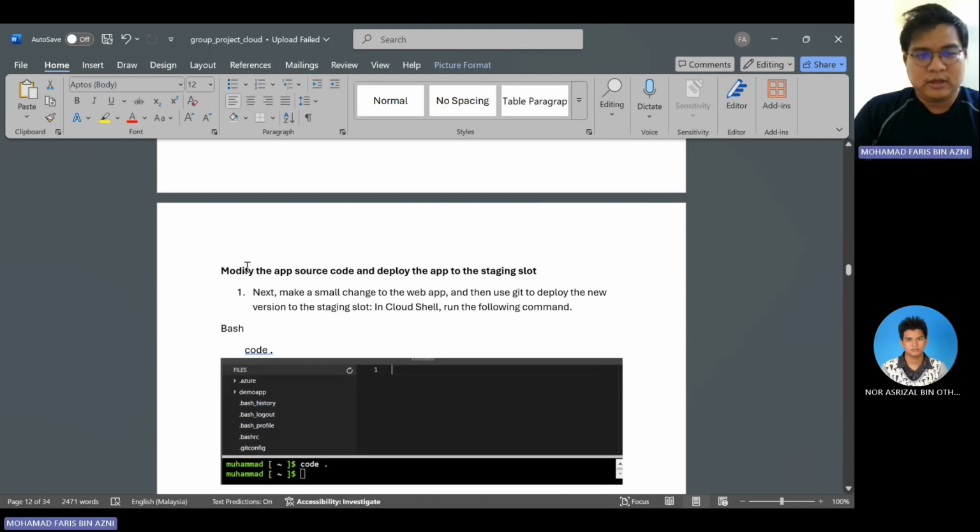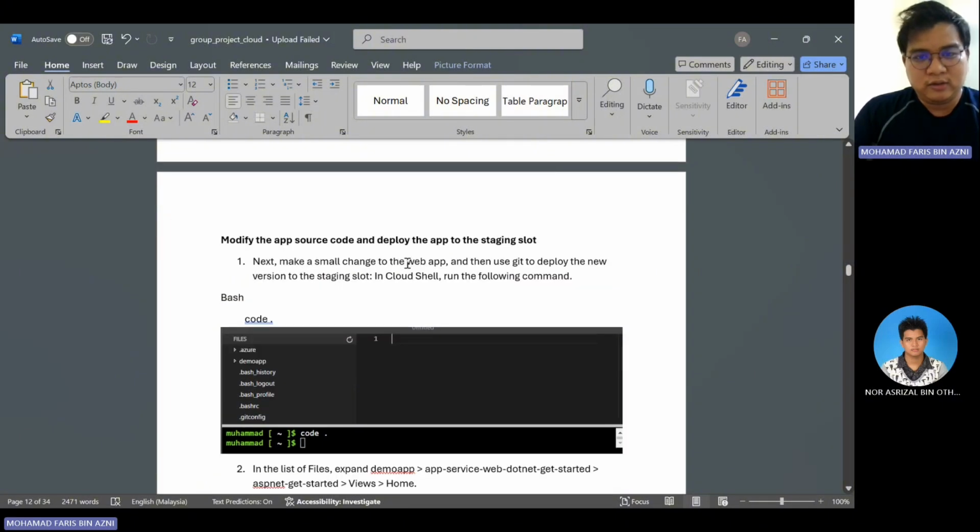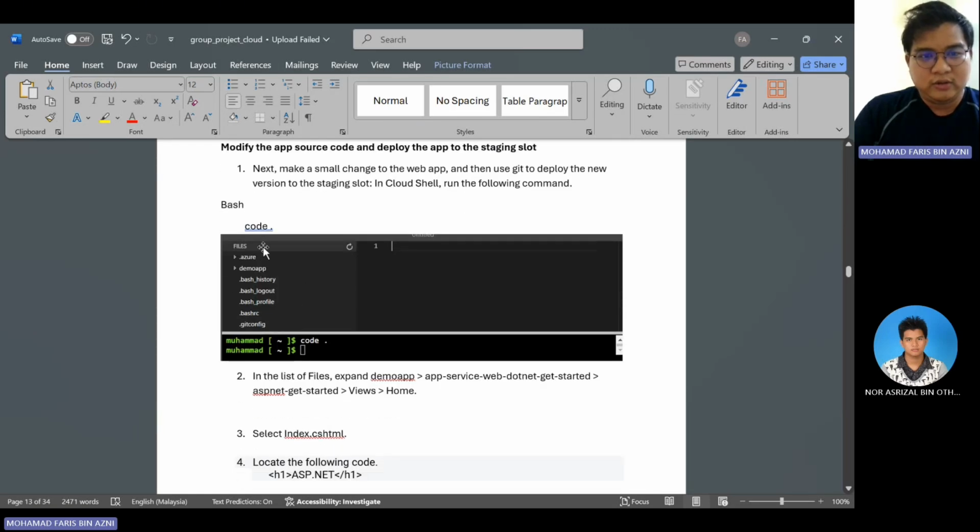And also next step, we modify the app source code and deploy the apps onto the staging slot. So next, we make a small change to the web app and use Git to deploy the new version to the staging slot in CloudShare. Run the command. So we reuse code